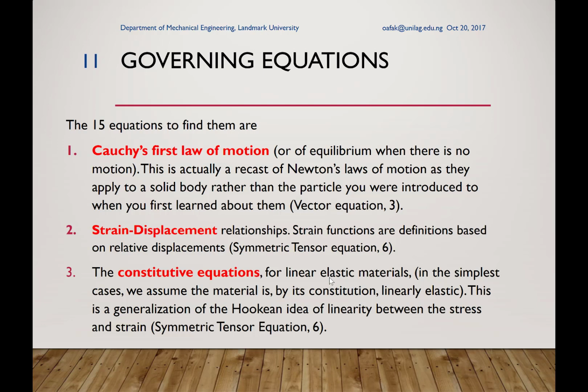The second are the strain displacement relationships. Strain itself is a definition, and there are several definitions of strain in common use. For our purpose here and in Fusion 360, you are going to be seeing the Lagrangian strain. So we are going to concentrate on that particular definition of strain. That is the measure of deformation. There are other ones, such as the deformation gradient, the Eulerian strain, and so many other forms of strain measure. But we concentrate on this. The strain displacement relationships constitute 6 equations, or a single tensor equation.